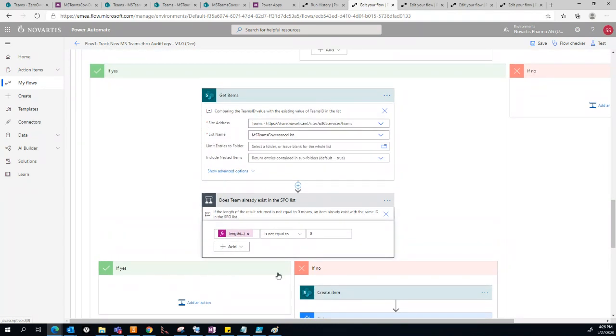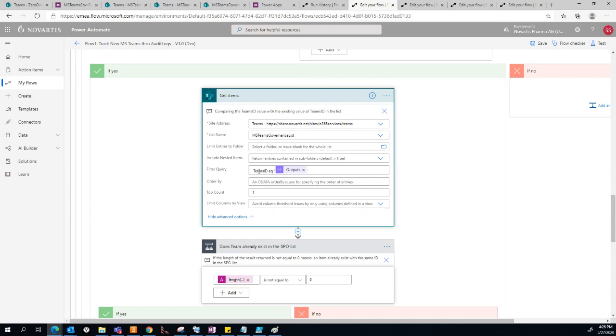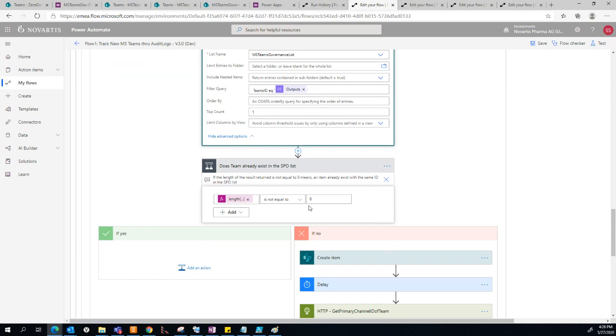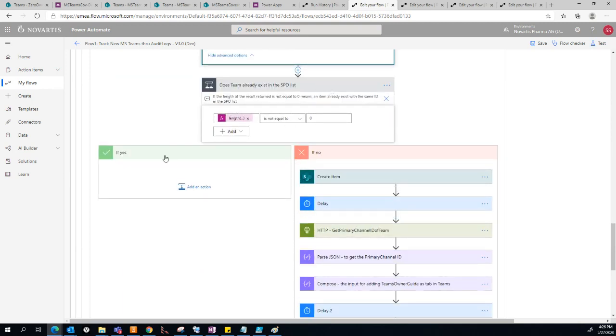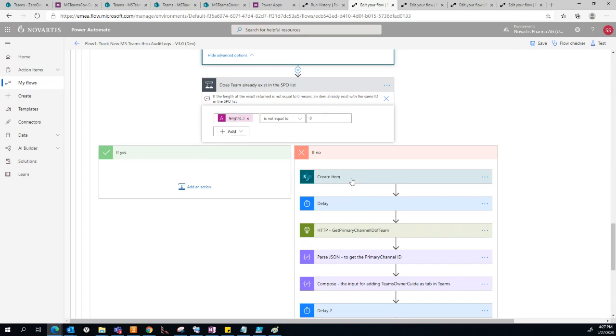Even if there are 100 entries in this flow, if even one entry fails, the end result of the flow will be shown as failure. So as part of an error handling mechanism, we are getting all the entries from the list and matching them with Teams ID equals the output we are getting here, and then checking if there is a valid entry within that list. If there is a duplicate entry, we just skip that. It's highly unlikely, but we have seen 3 or 4 instances like that, so we just make sure that we are handling it well. Once all the conditions are passed, it comes here and creates the entry